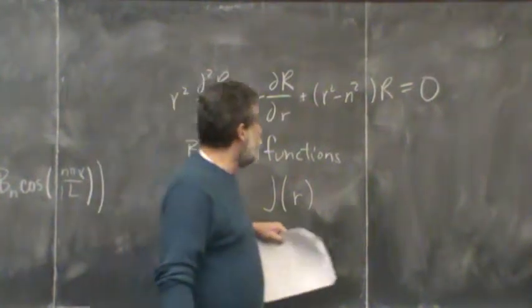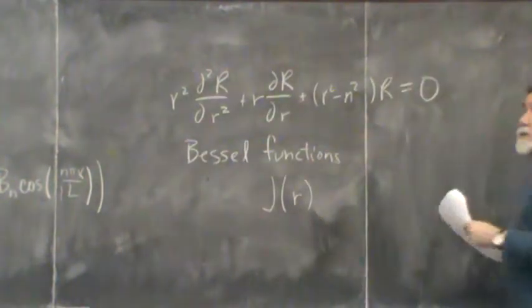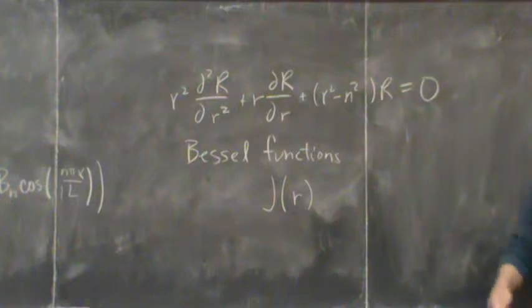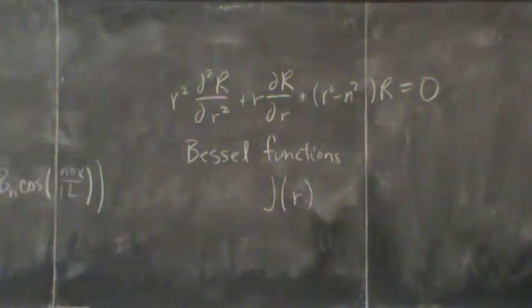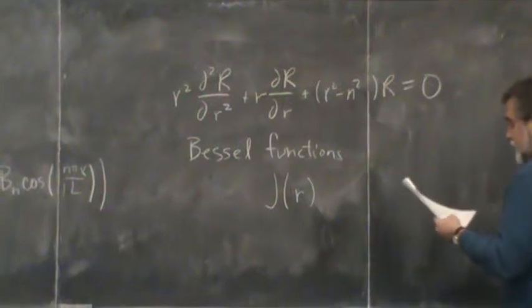All right. And then we had the Legendre functions for spherical coordinates with azimuthal symmetry, which we just talked about. And the solutions to that differential equation